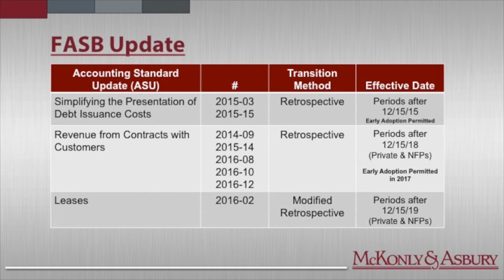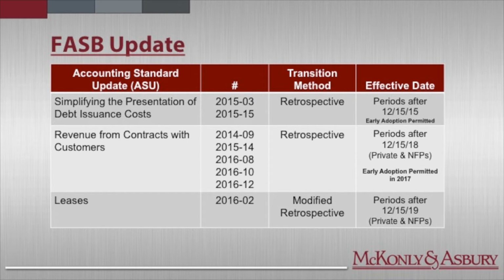And this really focuses on deferred financing costs if you have any of those on your balance sheet. And as long as there's debt associated with that and it's not a line of credit with no borrowings, those other assets and deferred financing costs are going to move off the asset side of your balance sheet and move into net of your debt in the liability section. So just something to be aware of. Certainly talk to your accounting firm or your auditors about that.